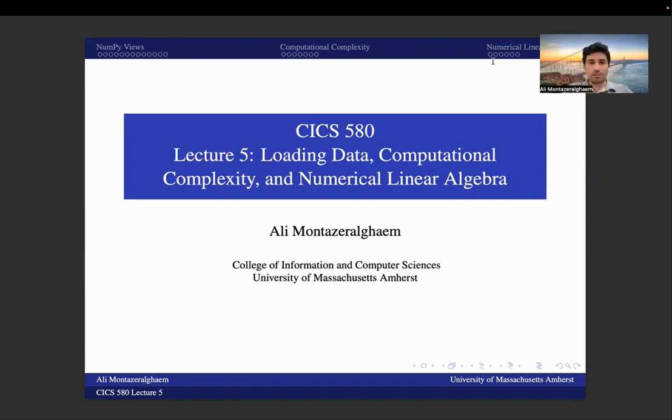We show some templates in NumPy to load data, and then also some templates for another powerful concept in Python, which is pandas. And also I will talk about